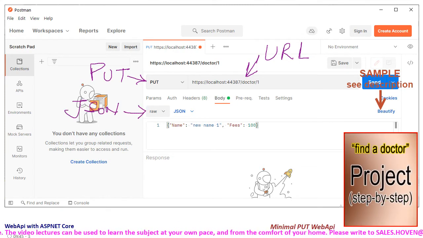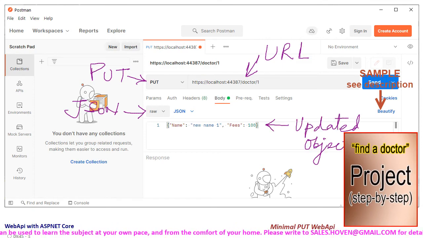The body of the request has to be in JSON format, so type all the updated